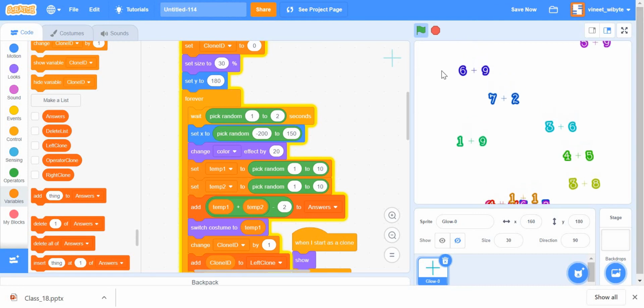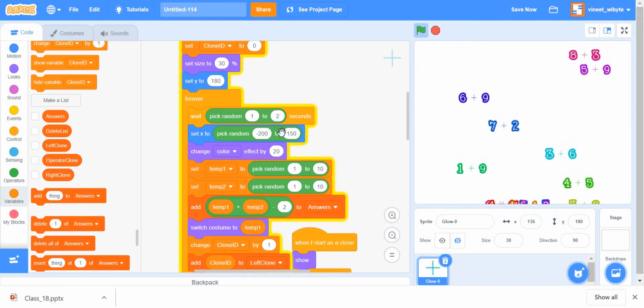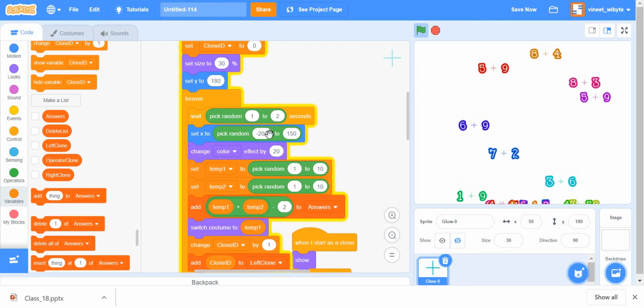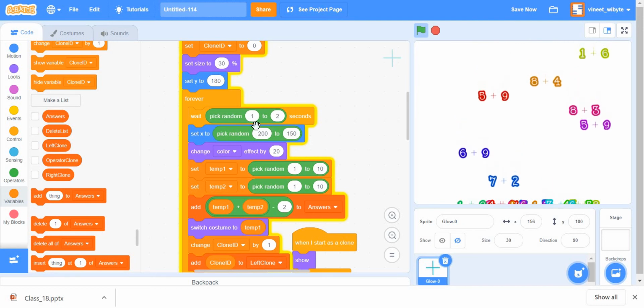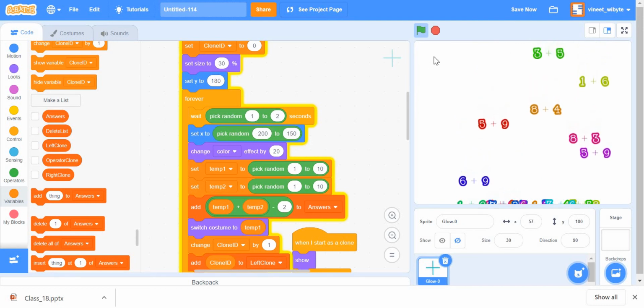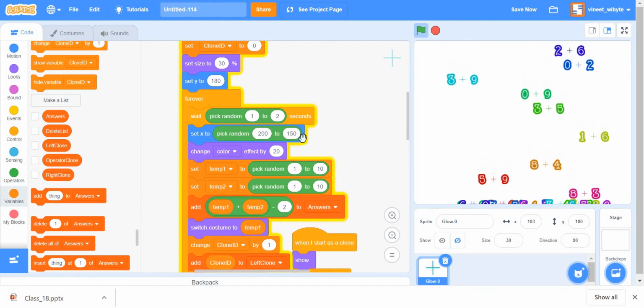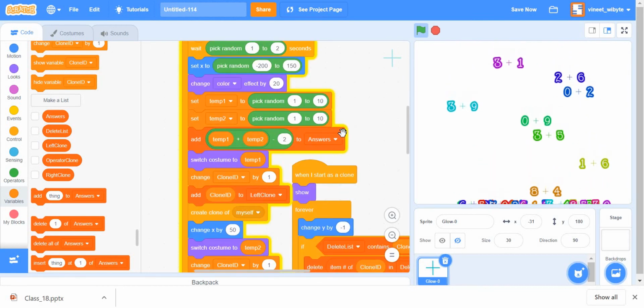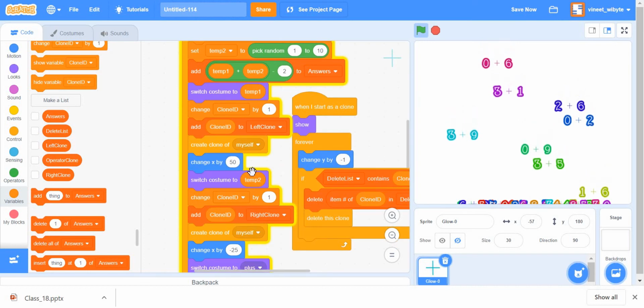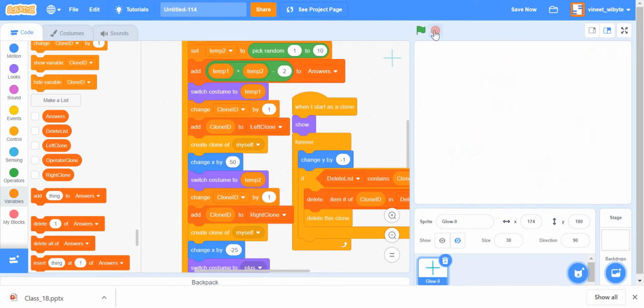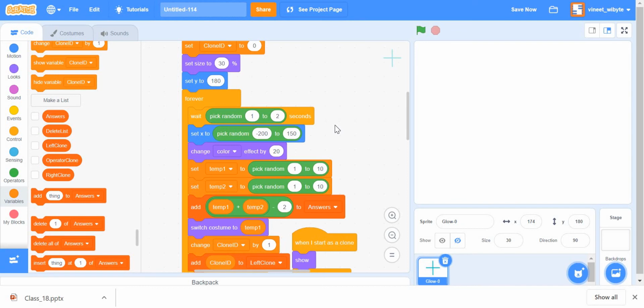And the clone on the left also doesn't go outside, right? So I make sure of the clone on the left by ensuring that the minimum x is minus 200, so it's somewhere here, and the maximum x is basically 150 plus 50, because remember the clone on the right is offset by 50 points from the clone on the left. This is again, you can choose to do it a little differently, that's okay, but this is the idea that I'm going with, right? So with this, you will find that the numbers are falling all over the sky, I mean from different parts of the sky.